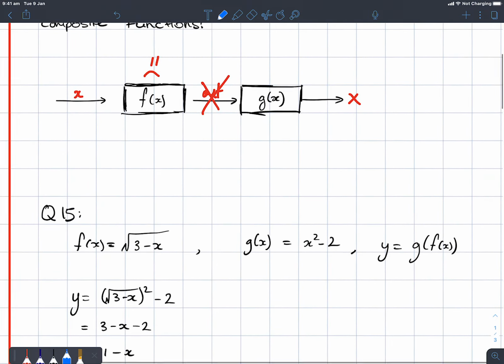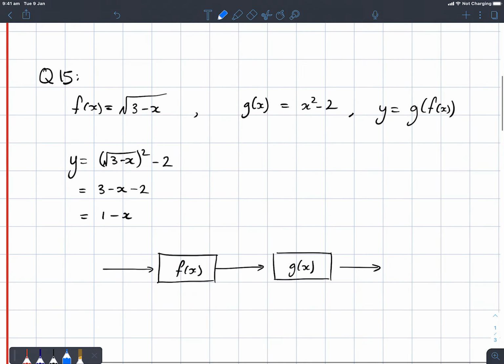So if we look at question 15, let's look at that in detail. f of x was the square root of 3 minus x, and g of x was x squared minus 2, and y is g of f of x. Natural instinct would be to substitute everything in, and we get that y is just the square root of 3 minus x, all squared, minus 2. Now logic says when we simplify that, we get 1 minus x, and 1 minus x is just a graph of a straight line going downhill